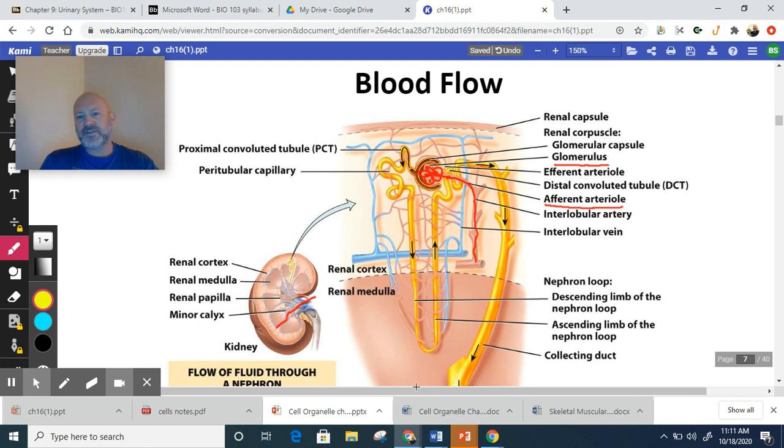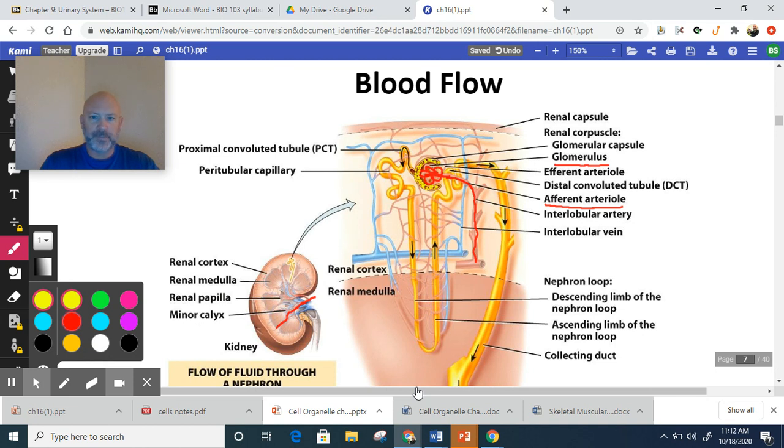And what this does is it causes any of the waste products that are in the blood to be forced outside. And when they are forced outside, they collect in these little tubules here. So these tubules are filling up with waste products in the form of extra water or nitrogenous waste, salts. And then the blood will leave this area and exit the